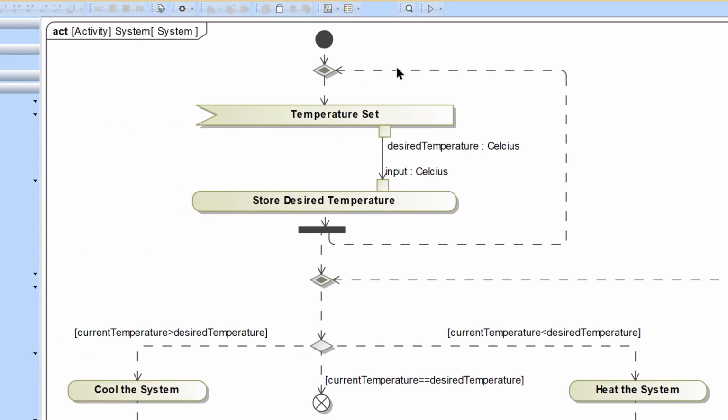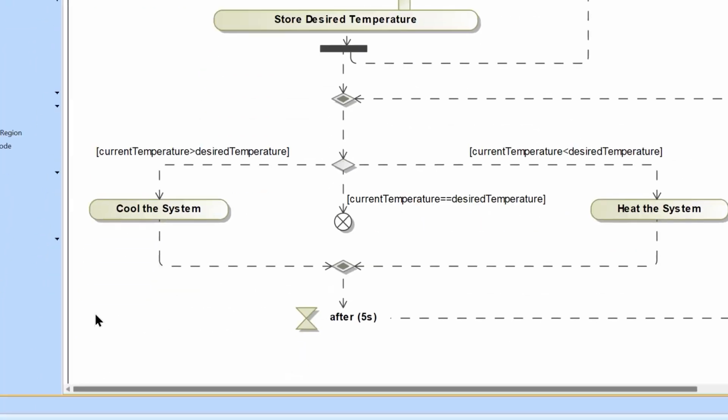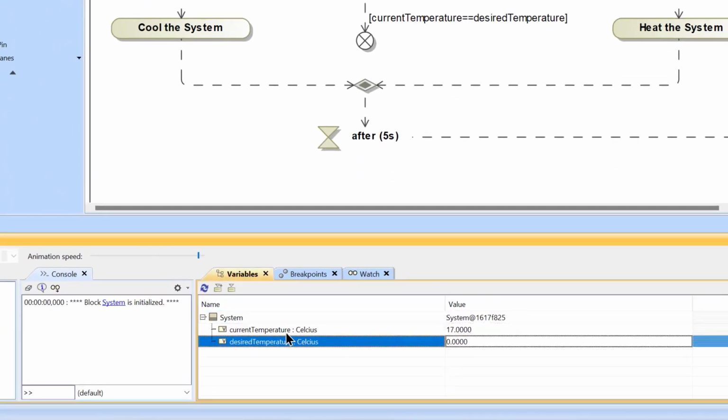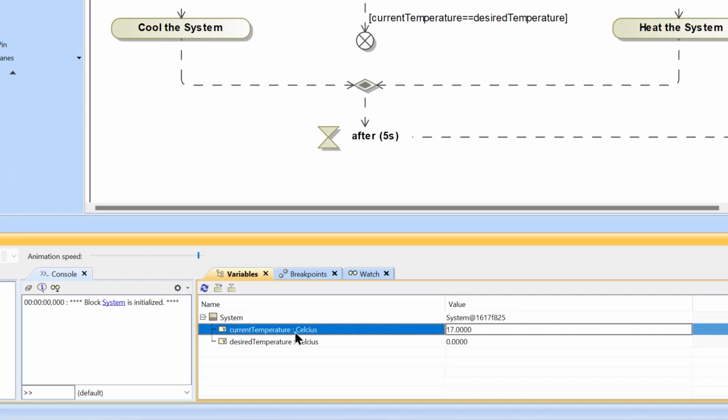In this case, we'll run this with context in order to access some of the value properties of the block that executes this activity. These are the value properties that we'll be looking at: the current temperature and the desired temperature. Notice there's a default value currently for desired temperature of 17 degrees Celsius. And what will happen is,